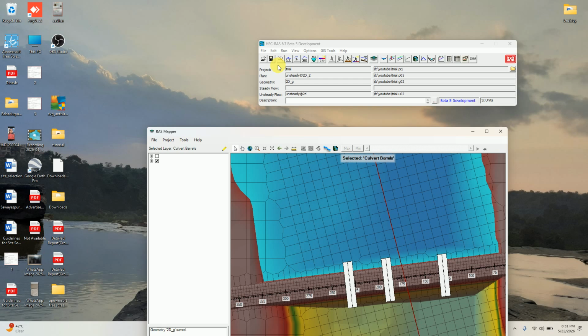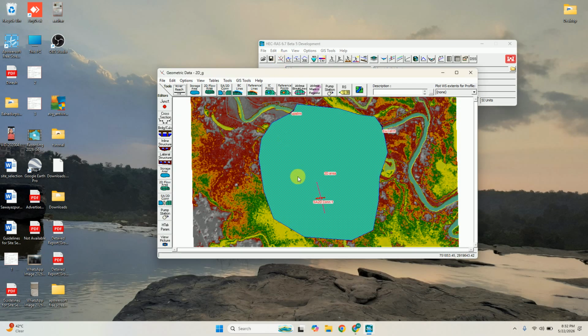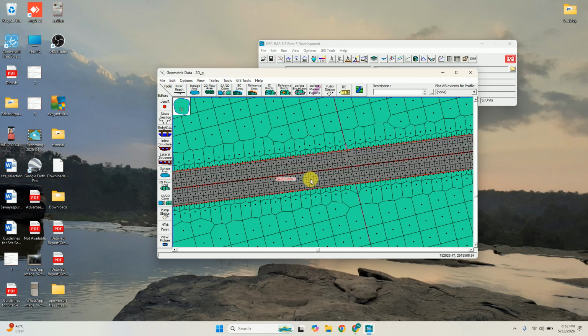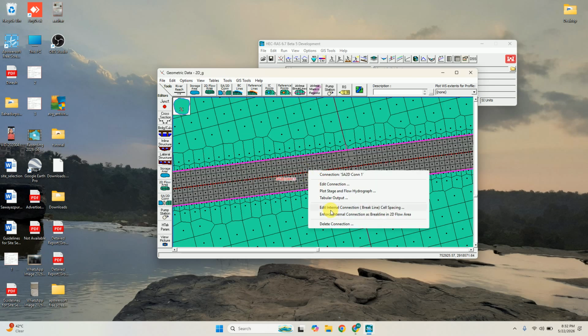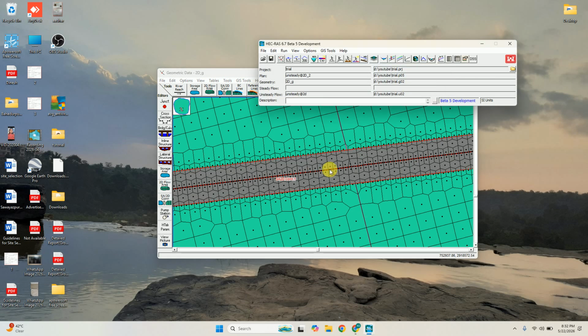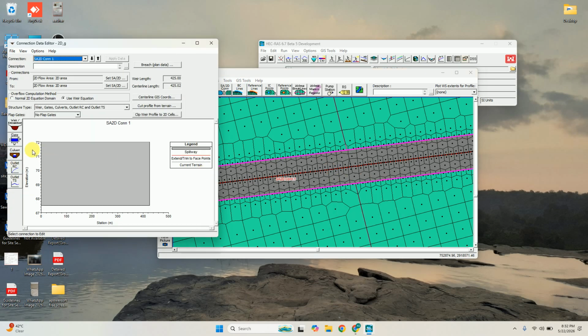After that I have to go in geometry, and in geometry you will see the place where you have to provide the things. Okay, click on this, and then first of all enforce internal connection here, and after that you have to click on this again and edit connection. To edit connection, you will see here the 72-meter concrete embankment is given here, and in culvert